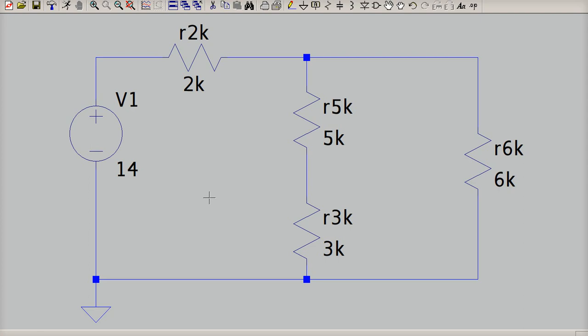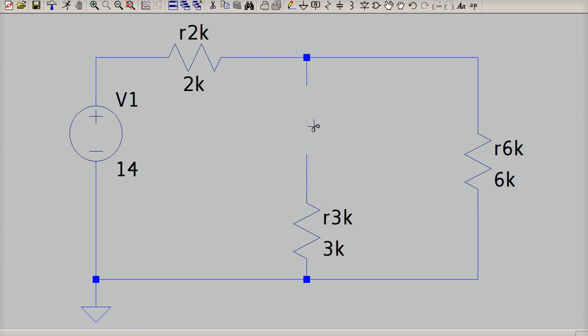And there's also a method for doing a Norton circuit, and I want to do the Norton circuit of the 3K. So it's not a matter of find your Thevenin circuit, convert it to Norton. It's Thevenin of the 5K, Norton of the 3K. And you'll see that each resistor has a different Thevenin or Norton circuit depending on how you want to do it. So the first step is remove the resistor you want to study if you're going to do Thevenin analysis. So I'm going to cut my 5K out,